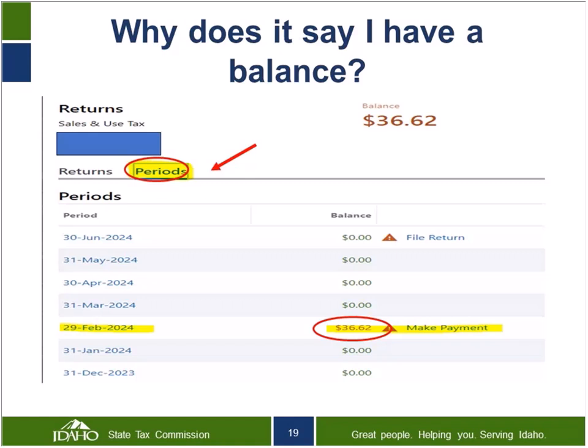Another question, I think I skipped one here. I should have gone on to the payment first, and I apologize for that. But people will call in a lot and say, you know, it says I have a balance and I don't have any idea where that balance is coming from. If you had gone in to file and view returns, and instead of clicking on returns you click on periods, then it's going to bring those up. It's going to tell you what period that amount's coming from,